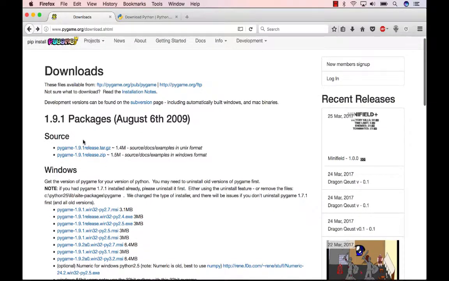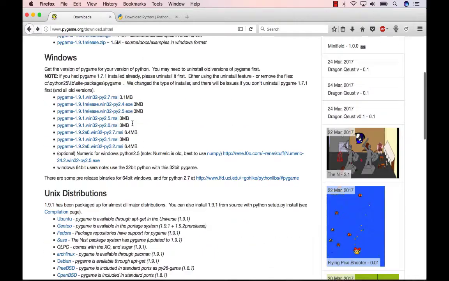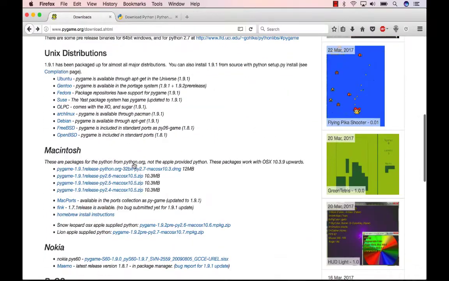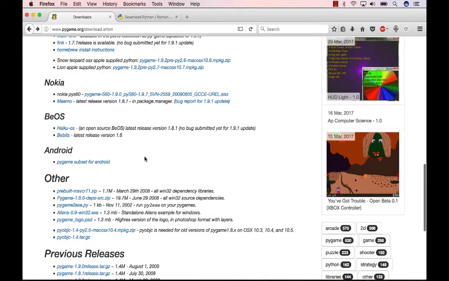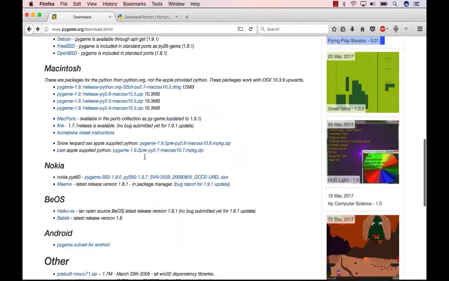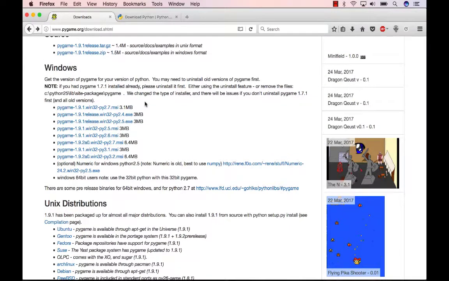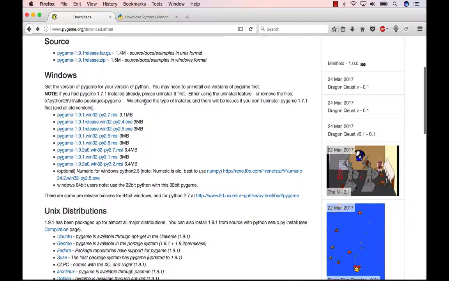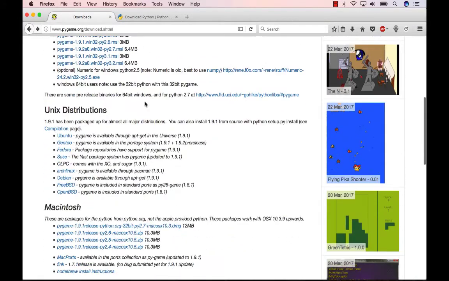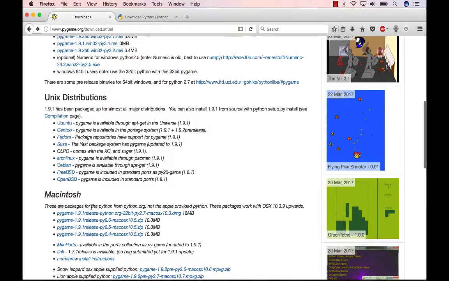Alright, so we see that there are all these different packages here, and what's nice is that for different operating systems, we have different installing packages. There are many that are provided, but we'll just go through the standard ones. For Windows, for example, we have these .exe files, these executable files that you can also download and use. But we're going to be looking at the Mac version right now, so we're going to scroll down to Macintosh,